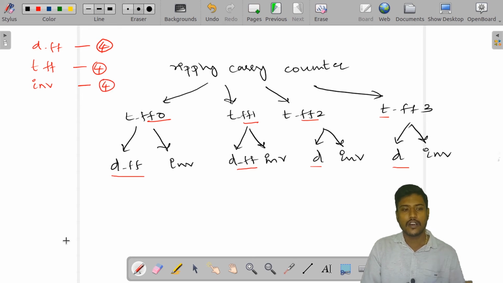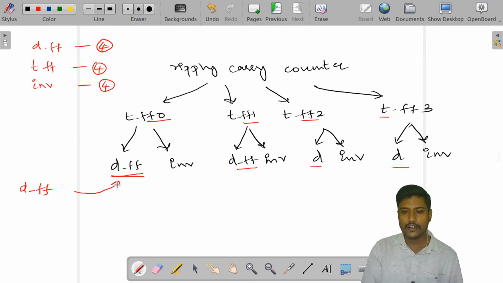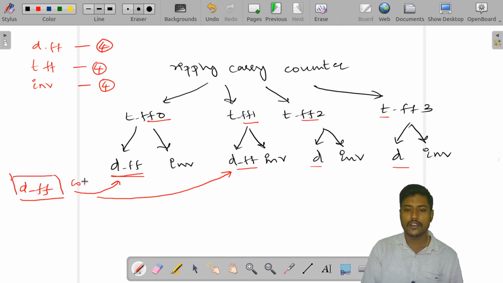I cannot write a program for the D flip flop 4 times. What I will do is create a module for the D flip flop, and I will send a copy of this module to all of them.